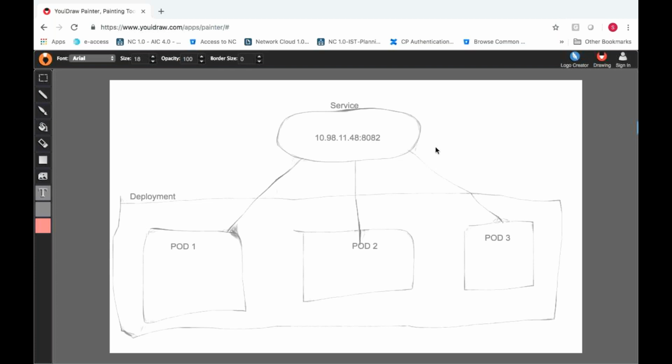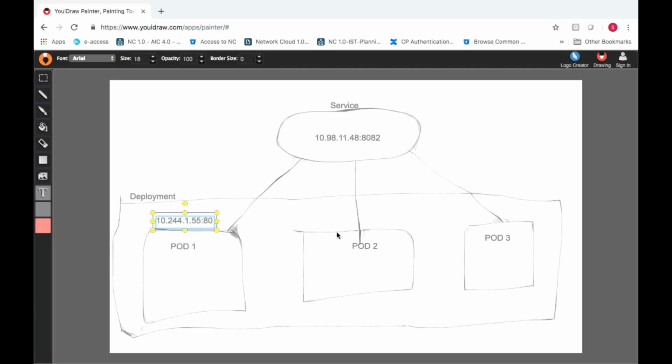How is it load balanced? Internally, it will give the details of one server the first time, the second time the details of another server, and the third time the details of the third server. Again it will go to the first server, so it works like that. So these pods are created as endpoints to this IP address for this service. The IP address assigned to the pod, let us assume, is 10.244.1.55, colon 80.